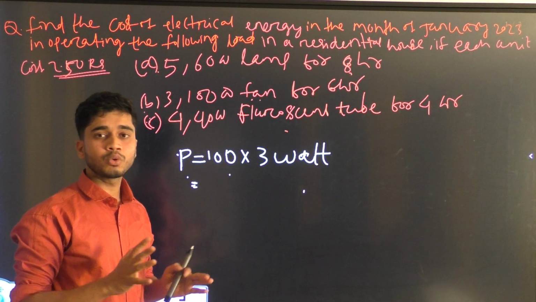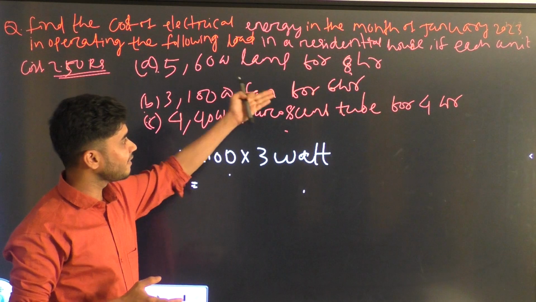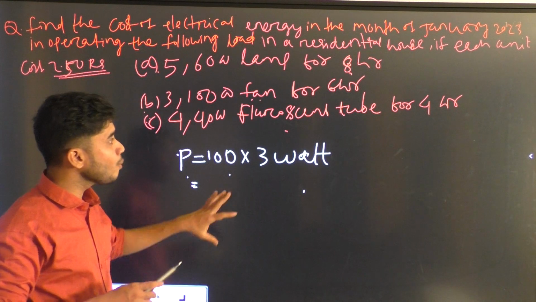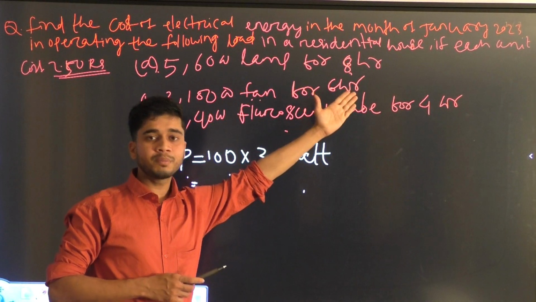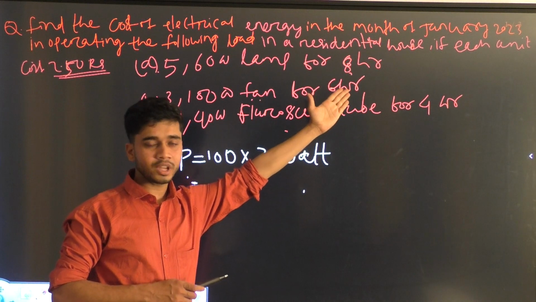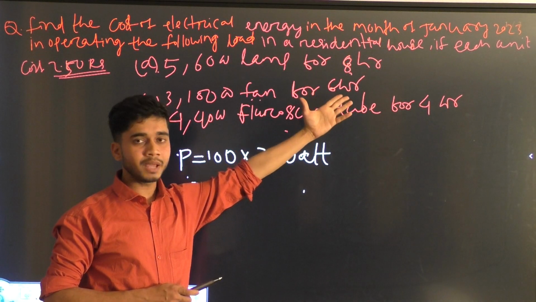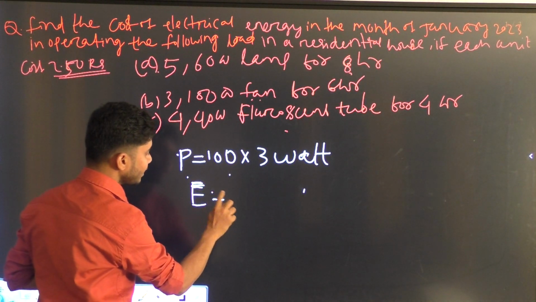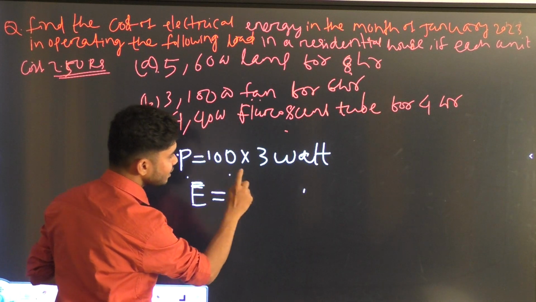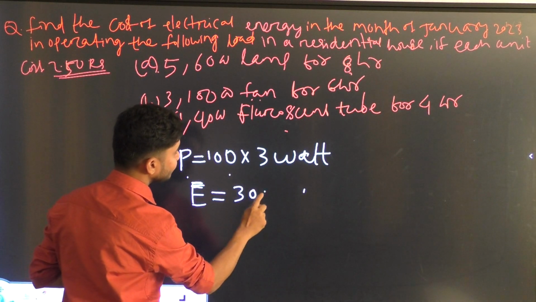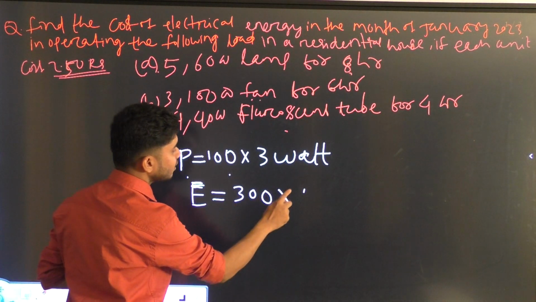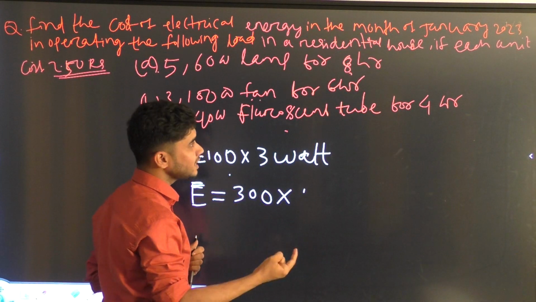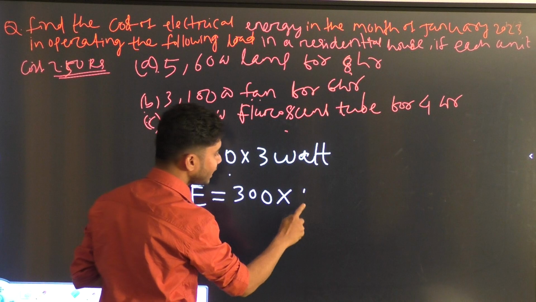Now we are interested to calculate the total energy requirement by this fan load. So how to calculate? By multiplying power with the time we can calculate that. For how long are the fans on? We know that for a period of 6 hours the fan loads are connected. So if we multiply power with time, that is basically energy. So to calculate energy, we need to multiply power, and this power is 300 watt, and the fans are on for 6 hours every day. That's why we are multiplying by 6.